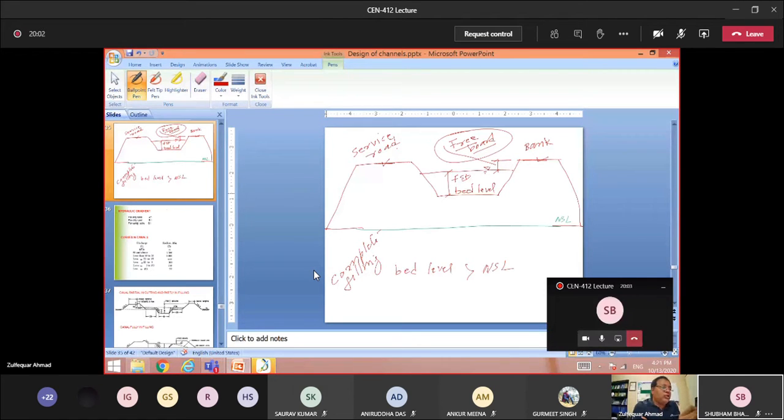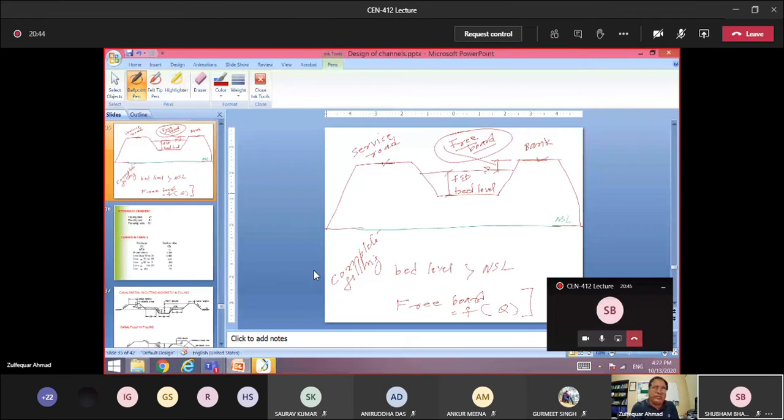What should be the freeboard, right? In the IS code this is related to the discharge. I mean, this is a function of the discharge, and I will tell you, for the different discharges, how much freeboard we have to take. So you can say this is a function of the discharge, okay? Here I am talking about an irrigation canal. I am not talking about the power channel, right? Power channel is entirely different. In that case, of course, the design methodology will be the same, but the freeboard will not be decided on the basis of just discharge; it is also decided on the basis of the surge analysis, right?